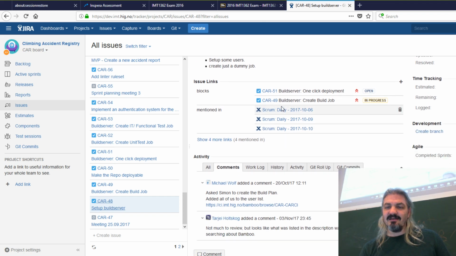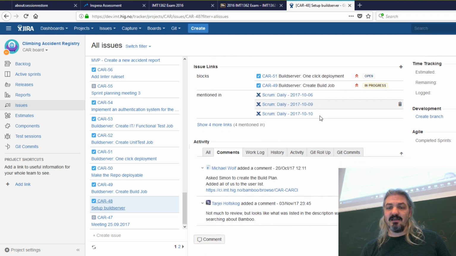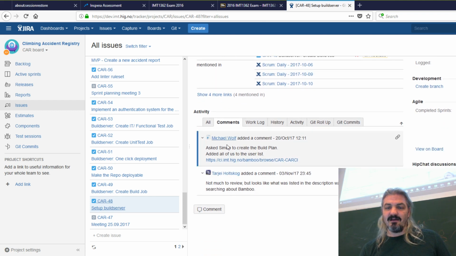It's mentioned in their daily scrums, right? So they have a daily scrum note that they were taking, where someone would note down what was discussed in the daily scrum, so you could track the progress. Here are some of the comments.